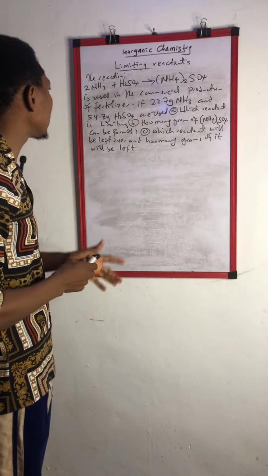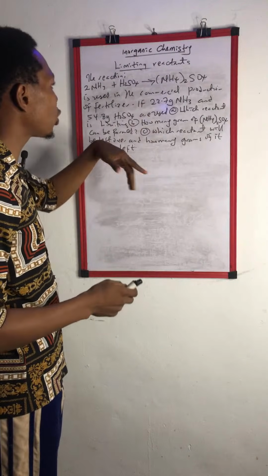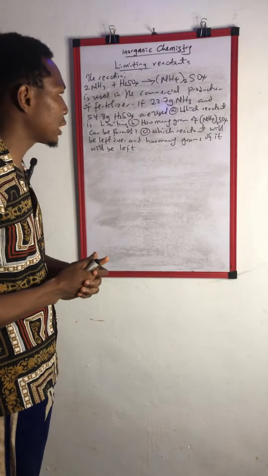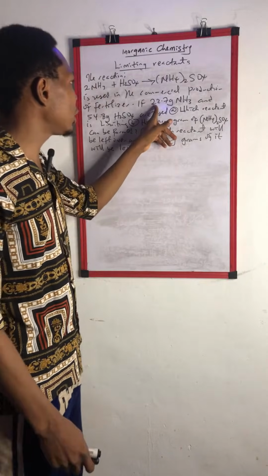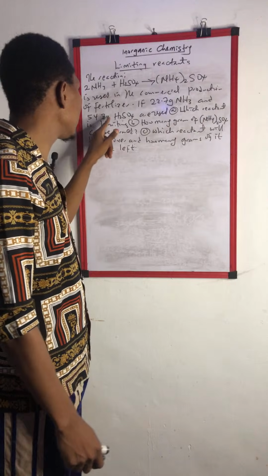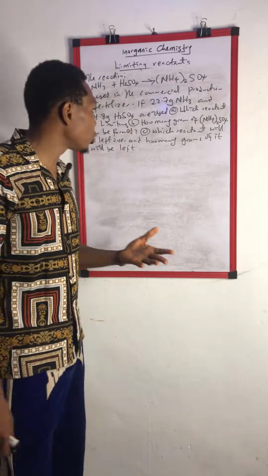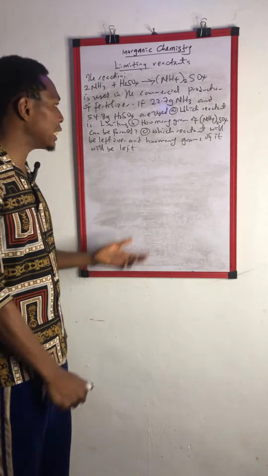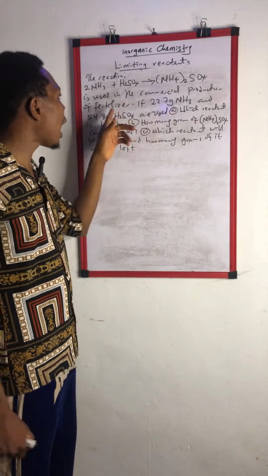Now, we are told that the reaction is used in the commercial production of fertilizers. Then, if 22.7 gram ammonia and 54.8 gram sulfuric acid are used, then which among these two